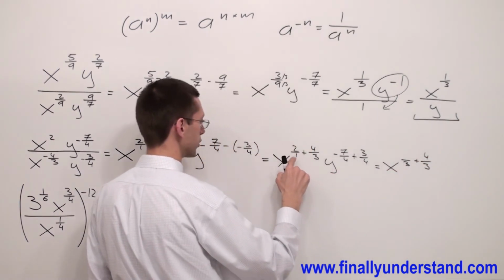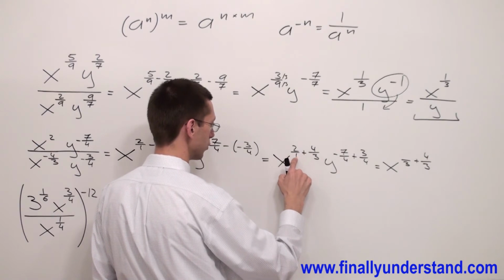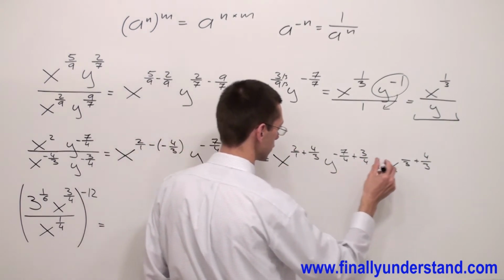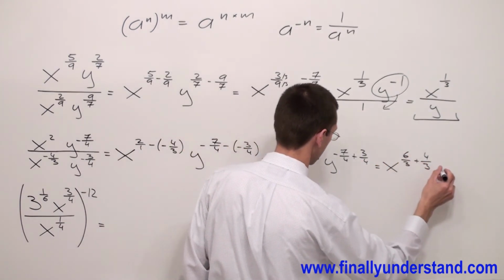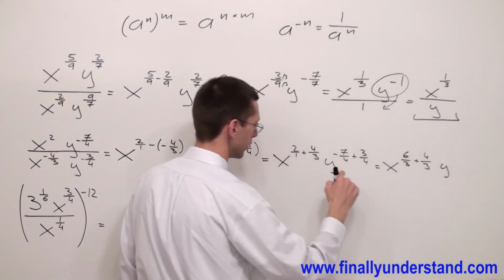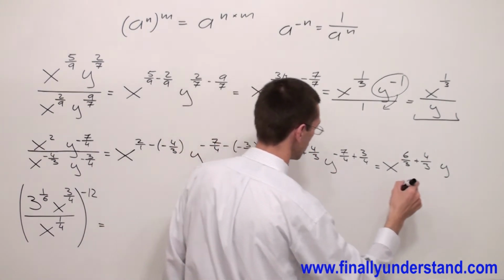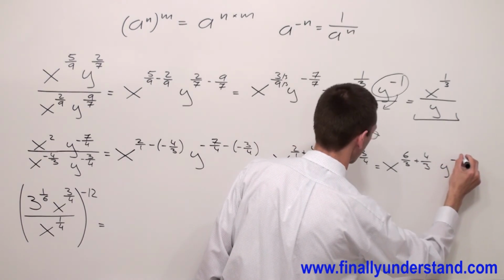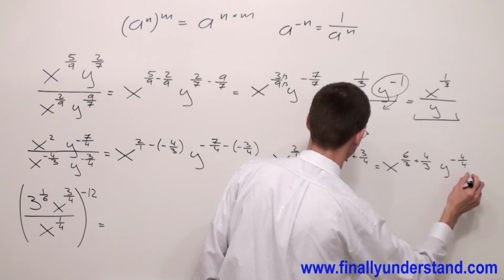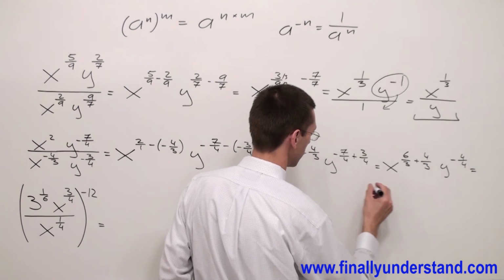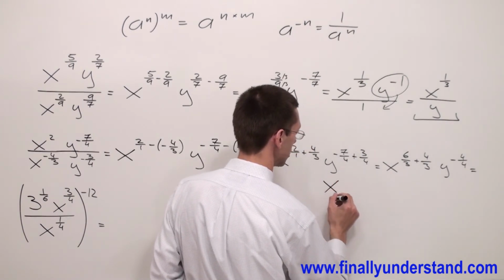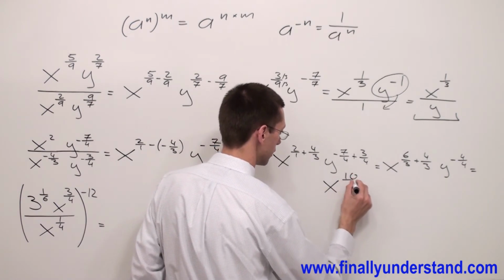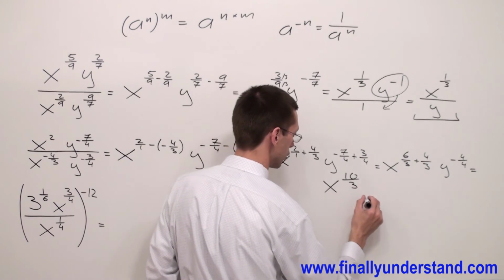By what number do I have to multiply 1 to get 3? I have to multiply by 3. Whatever I did for the denominator, I have to do also for the numerator. So 2 times 3 gives me 6. And I have y, minus 7 plus 3 is minus 4, minus 4 over 4. This is going to be equal x, 6 plus 4 gives me 10 over 3. Y